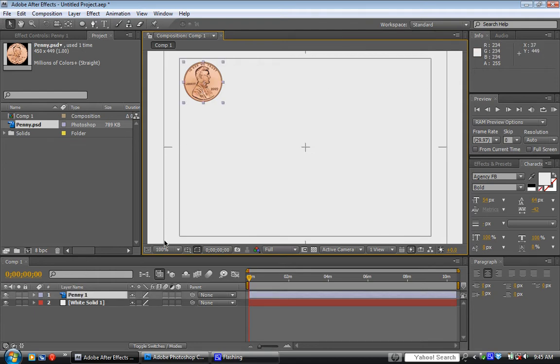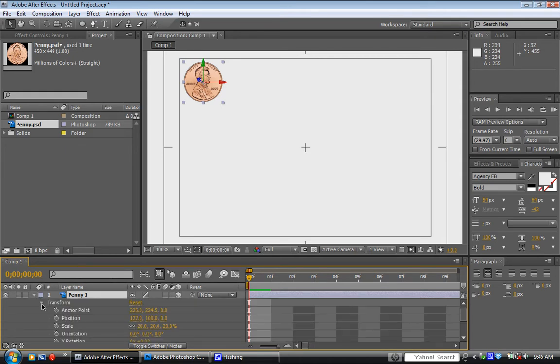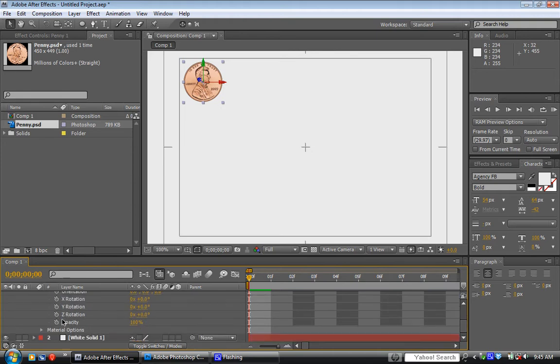So first of all, we're going to make this a 3D layer, and we're going to animate the rotation of this on its axis. We're going to get this down to the frame level, and we're going to click on the arrow, go to Transform. We've got Y rotation right here. Okay, so we're going to turn this to about,